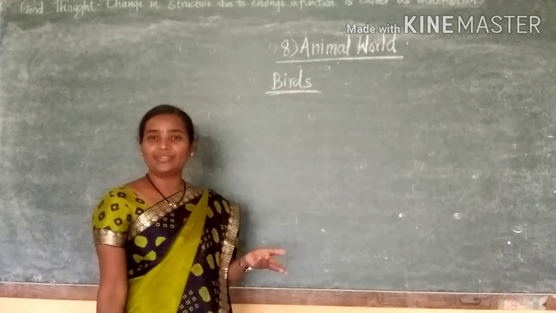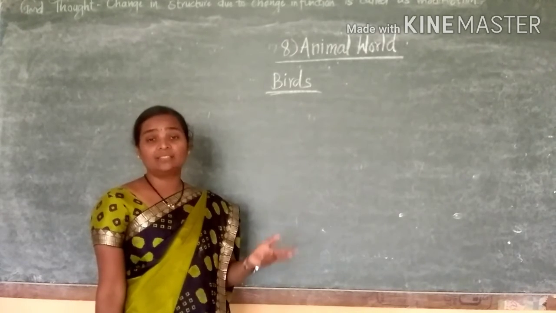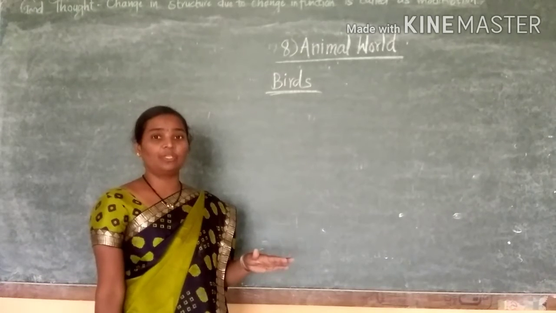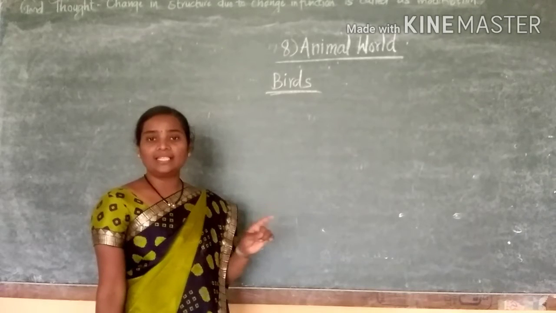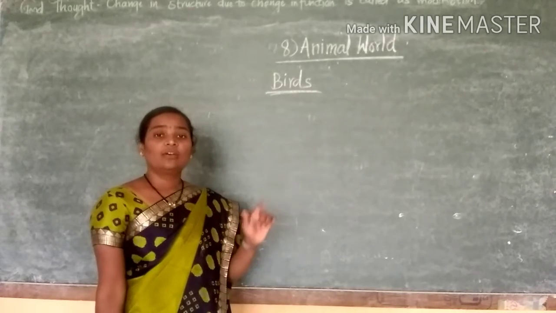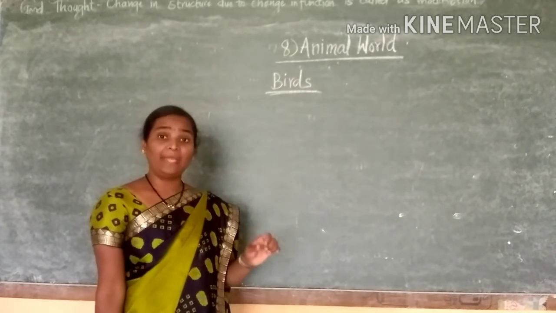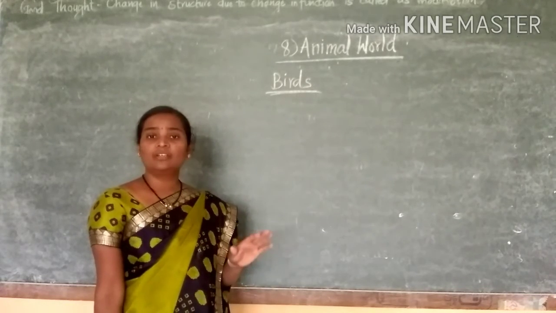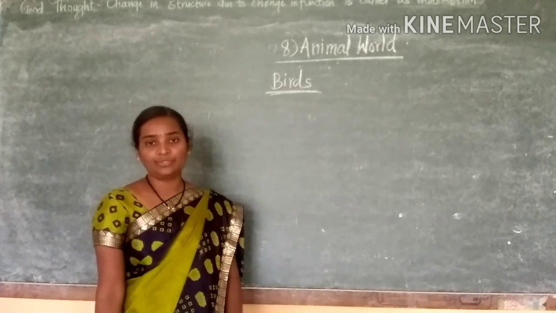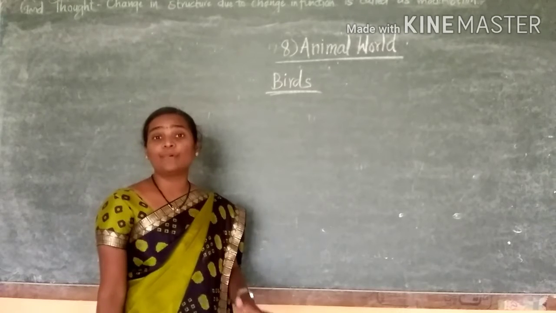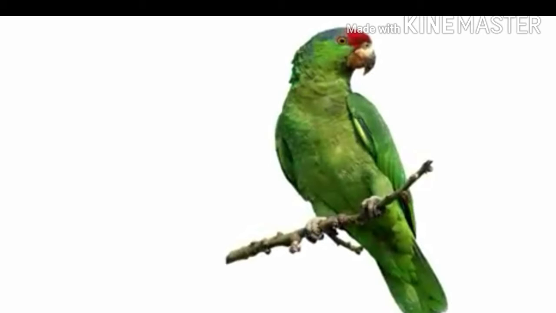Many birds are around us. Parrot, peacock, hen, ostrich. Ostrich cannot fly, students, because its body is very heavy and its leg structure is only adapted for running. As well as penguin. Penguin also does not fly because it has a heavy body. Understood? So these are some birds. Okay. Let's see another.